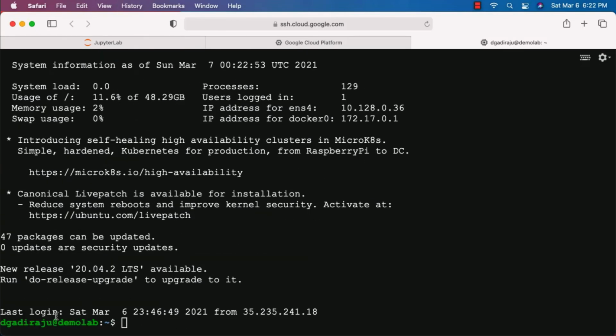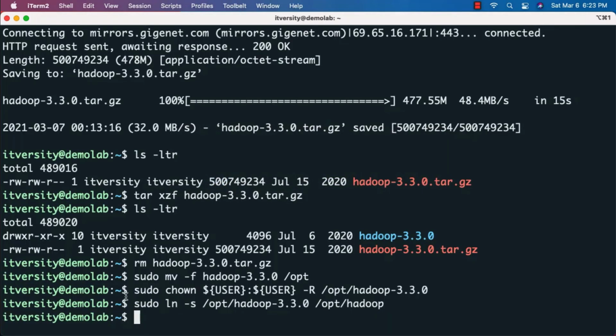You can see here, when I use browser based approach, the user is dgadiraju. When I use terminal, it is itversity. Both of them are sudoers, and hence you should be able to run these commands either using dgadiraju or itversity or whatever user you are using to login. Don't worry too much if the user names are different. That being said, as we have downloaded and installed Hadoop related binaries on this machine, now it is time for us to configure and start Hadoop related components such as HDFS and Yarn. Once we take care of Hadoop, we'll also look into the details related to Hive, Spark, etc.